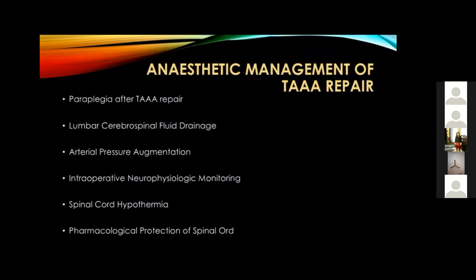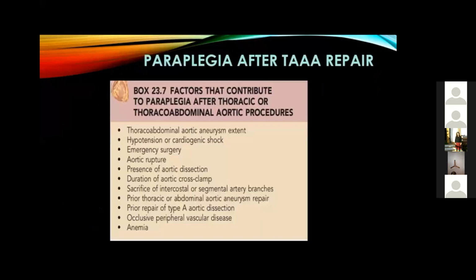thoracoabdominal aortic aneurysm repair, from the neurological point of view, paraplegia after the TAAA repair. We should discuss lumbar cerebrospinal fluid drainage, arterial pressure augmentation, intraoperative neurophysiological monitoring, spinal cord hypothermia, and pharmacological protection of the spinal cord. So paraplegia after the thoracoabdominal aortic aneurysm repair, the factors which contribute to the paraplegia after this operation: thoracoabdominal aortic